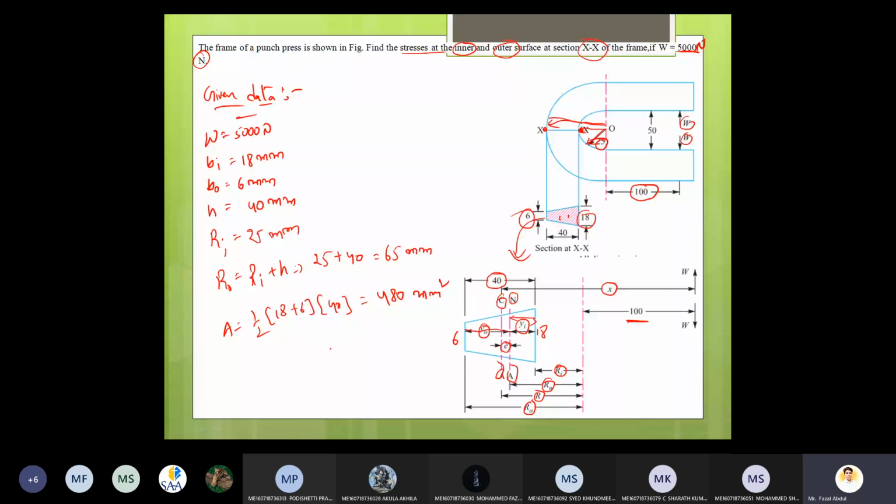Now after calculating this one, you have to follow the same procedure. First, draw the space diagram on the right side of the paper. Then immediately start writing the given data. After completing the given data, first calculate this area. Then next, take the Rn value equation and R equation. What are the Rn and R equations for the trapezoidal cross section? What is the shape of this figure? Trapezoidal cross section. So I am taking the trapezoidal cross section equation here.